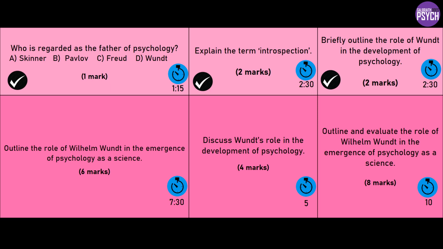What else did he do? So introspection. Introspection was a systematic way of studying internal experiences that hadn't been studied before, really. Introducing, again, those controlled and systematic scientific methods into psychology. So you could talk about introspection, talk about the role of that lab that he set up. You could talk about how he broke down, so talk about reductionism now, and if you've done issues and debates, then you'll be aware of reductionism and the role that plays in science, so that we can break down these complex phenomena like sensation and perception into something that is studyable in a controlled lab setting.